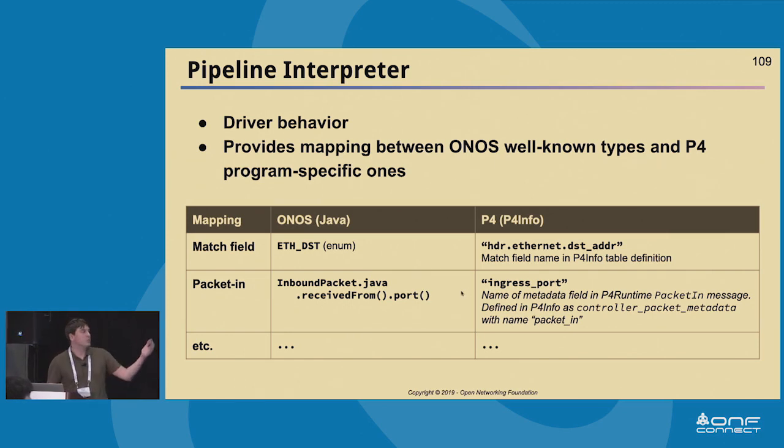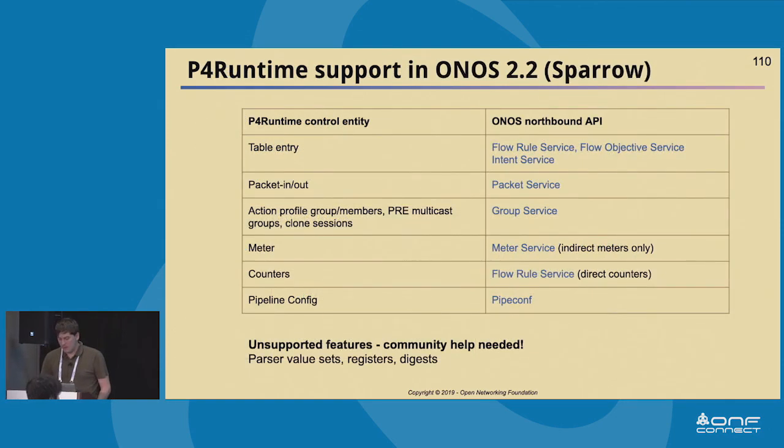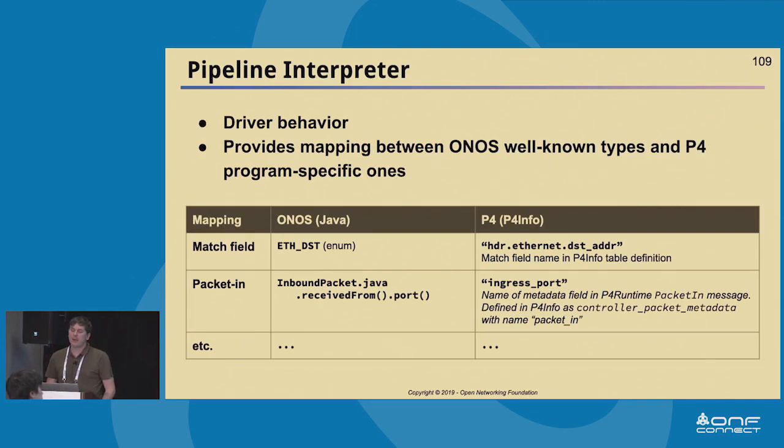The interpreter is where we provide a mapping essentially between the inbound packet members, identifying the port, and the P4 info specific ones. Same thing for packet outs and other entities. So this mapping is provided by the same P4 program writer. So the idea is that if you want to use P4 to program network devices, and if you want to use ONOS as the control plane,